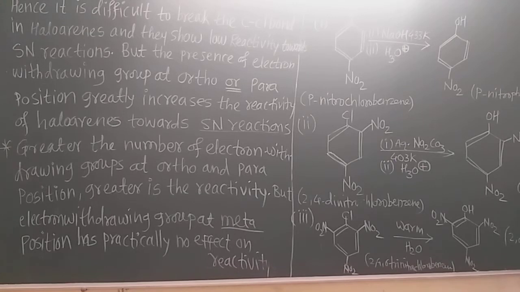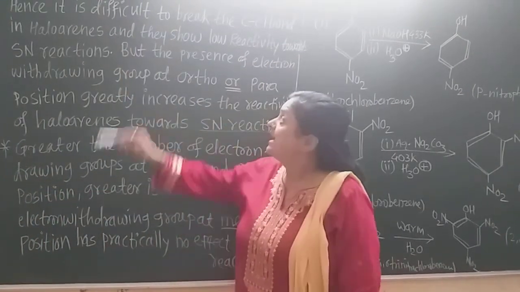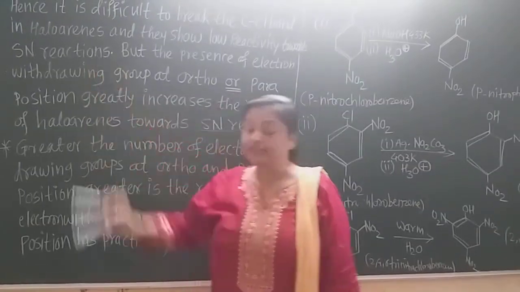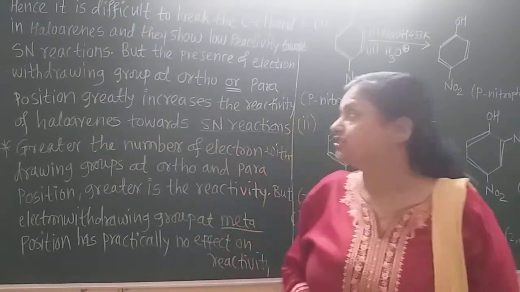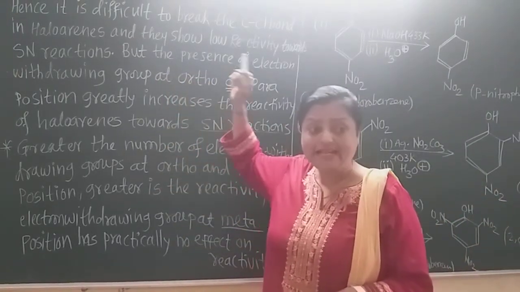The C-Cl bond becomes stronger and stronger, and it is very difficult to break that bond. So it is difficult to break the C-Cl bond in haloarenes, and they show low reactivity towards the nucleophilic substitution reaction, SN reactions. Now, but these haloarenes,